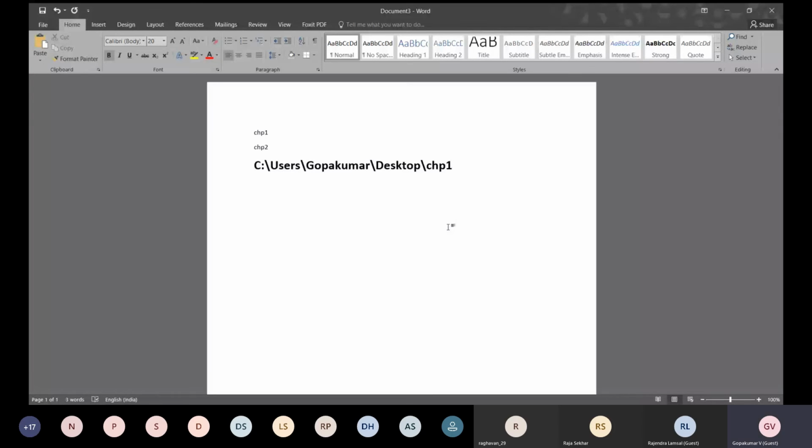I will repeat again. You have two files, chp1, chp2. Both have headings and subheadings assigned with the styles. Save them in a particular folder, preferably on the desktop. Then you copy their location like this, C:\users\go. In your case, it will change. How to get it? Right click on the file.